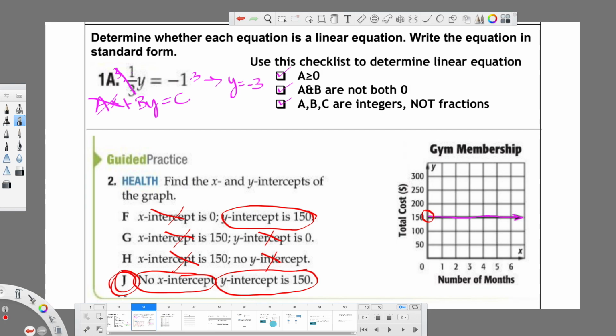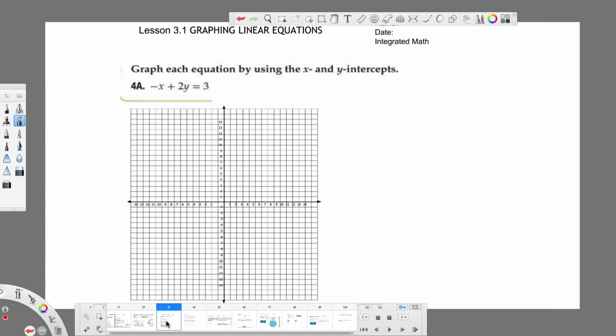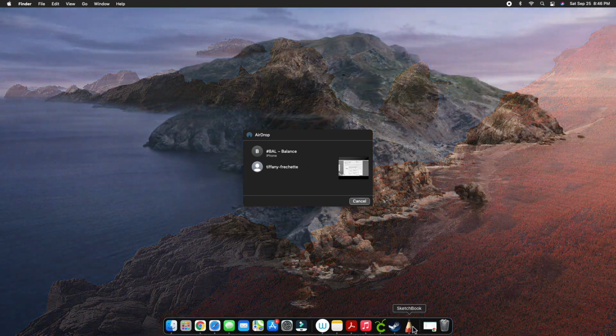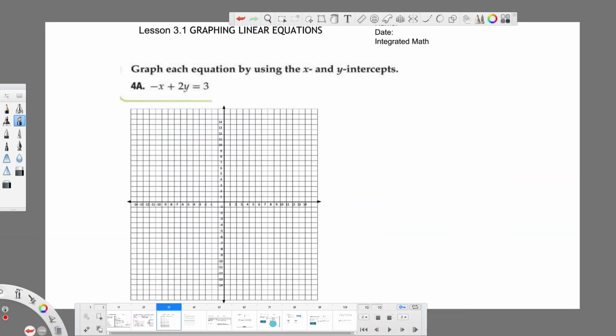All right, let's go to the next page here. So we're going to practice some graphing for the next two pieces. Uh-oh, what just happened? Don't know why that flipped over there. Okay, so